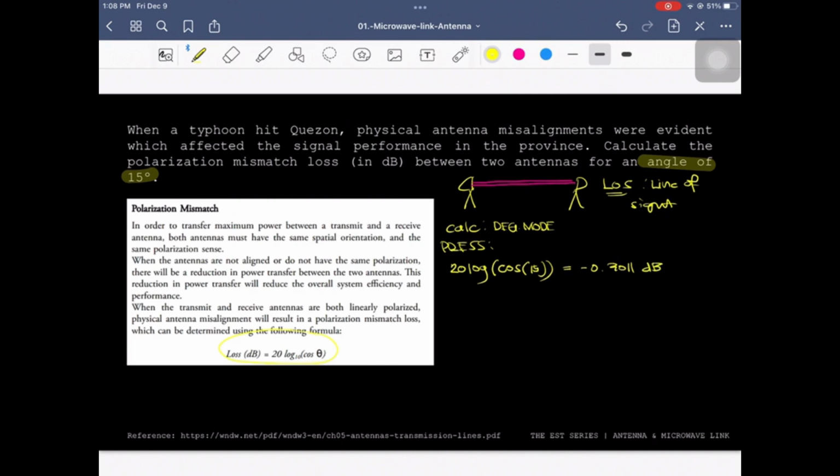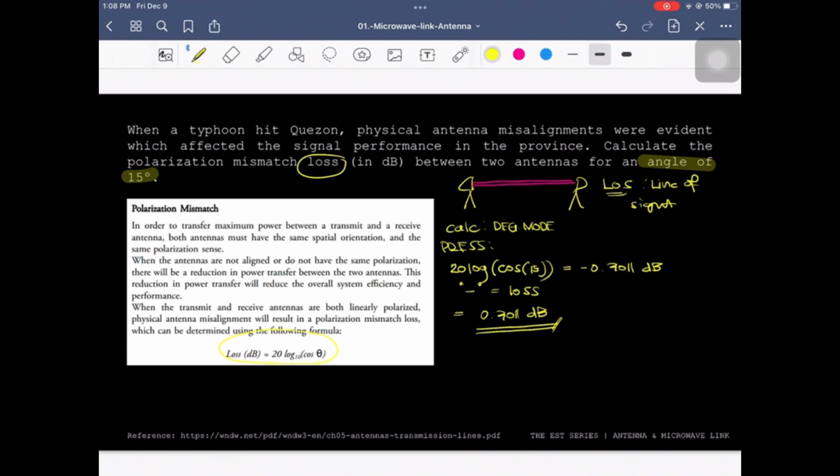So, there are cases na ang ibibigay sa choices is simply 0.3011 and hindi nakalagay yung negative sign. This is because naka-indicate na naman sa problem na it's a mismatch loss. Okay, so yung negative sign kasi dyan, it means that it's a loss. Okay, so may loss tayo sa ating signal. So, therefore, since nakalagay na naman sa ating problem na it's already a loss, we can eliminate the negative sign and stick with